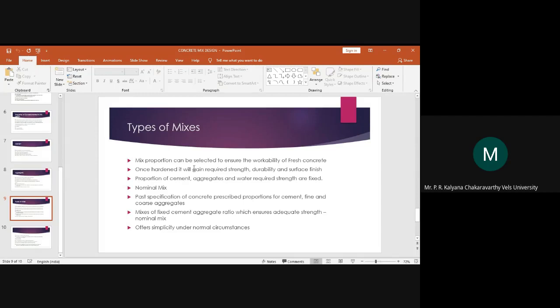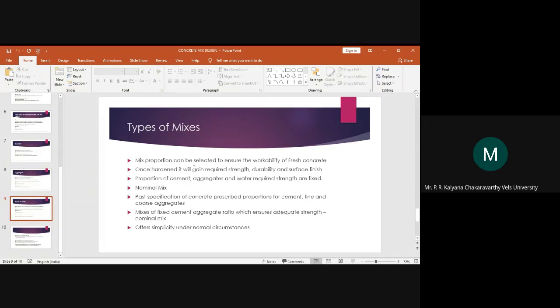Okay, it is not acceptable for higher structure. That's why, if you see in the codal provisions, they would have given this nominal mix value for up to M25 only. They would not have specified it for high strength concrete. For example, M30 or M35 or M40, they would not specify that value because it won't be acceptable if you